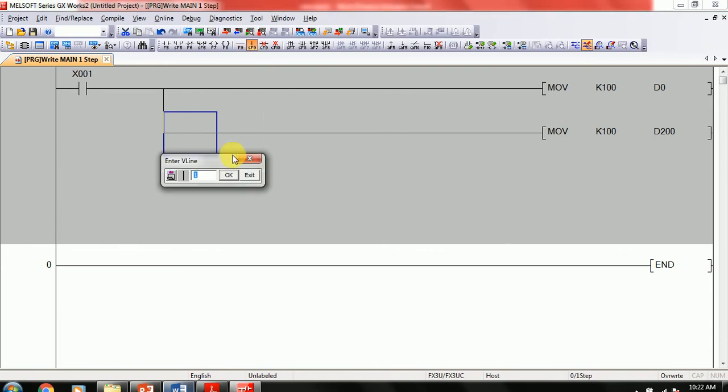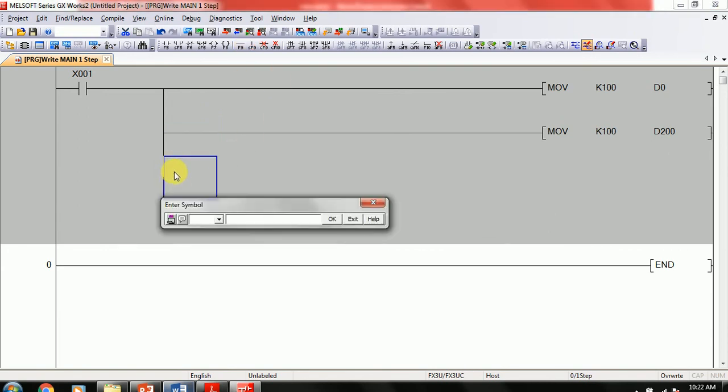And I also take the special time data register. So we'll use the MOV command, and D8015 is our data register, so I will move it into D1.